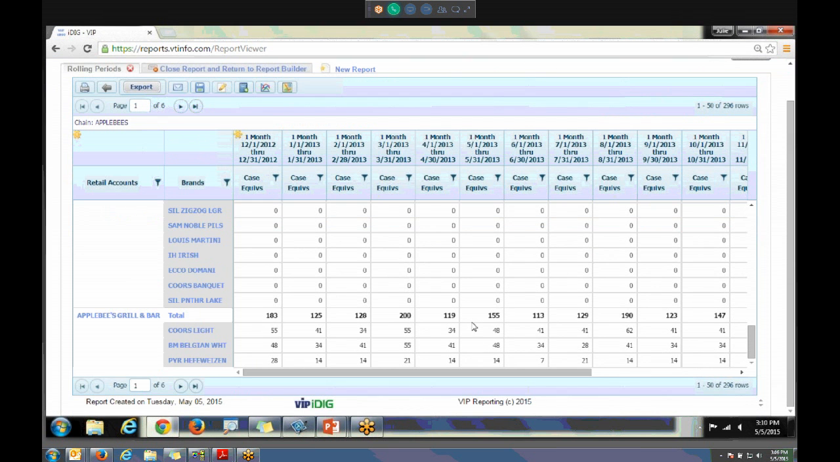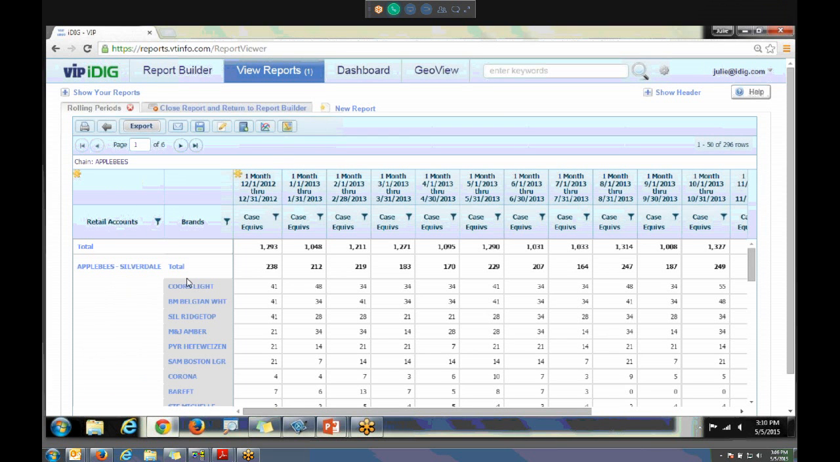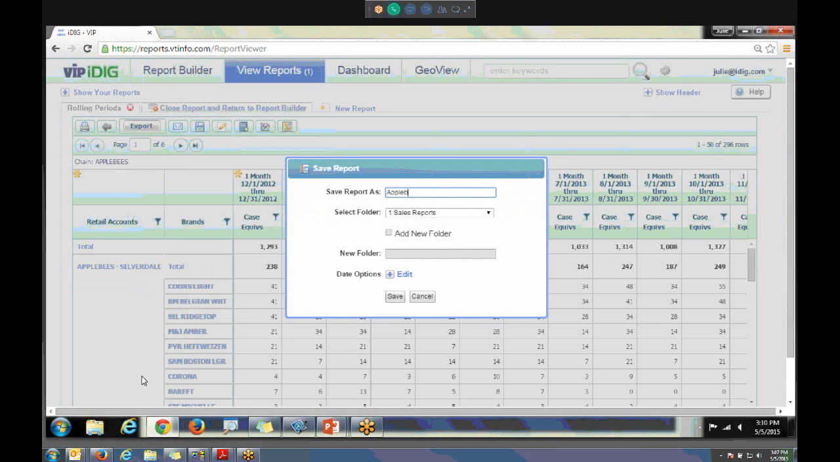And as I scroll down, I will then skip to the next account, broken out by brand, etc. as I go through my 296 row report or 6-page report. Each individual month broken out by brand, by retail account. So I could save this report, Applebee's rolling 12 trend. And maybe I put this into a folder that I already have, maybe my chain reports, and